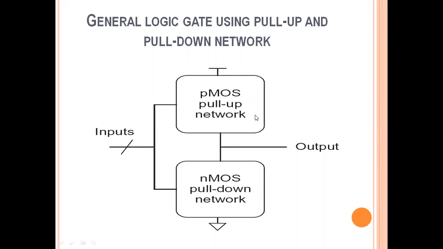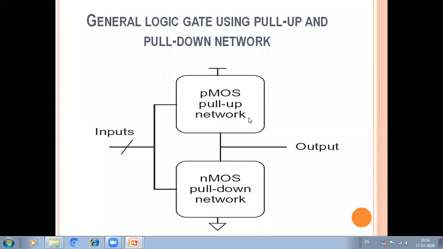In the previous lecture we discussed why the PMOS is the pull-up network, and why we prefer the NMOS in the pull-down network. And why use this combination of pull-up and pull-down network to implement any logic gate. In general, if I use only the PMOS or only the NMOS, it will not work. We have to implement the logic gate circuit using the complementary metal oxide semiconductor, and according to that concept, it combines PMOS types of transistor and NMOS types of transistor, right?